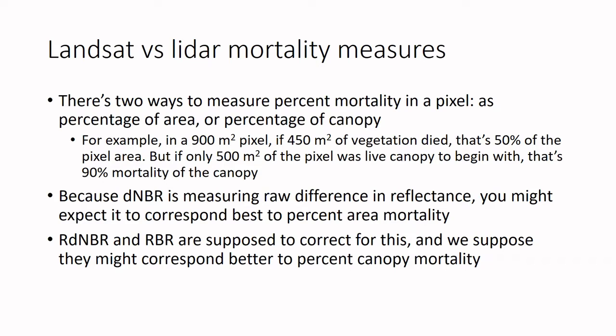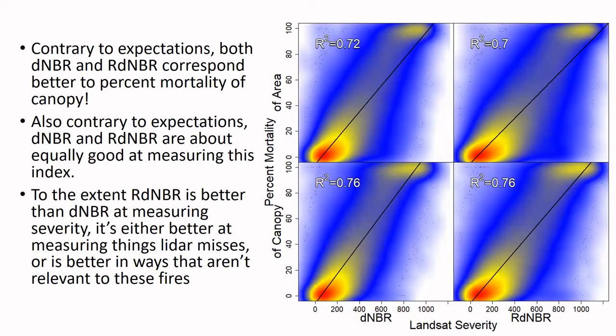So I did expect RDNBR to correlate better with that corrected form and for DNBR to have a mushier relationship in general. But that's not what I found at all. I found that both DNBR and RDNBR correlated better with the corrected version, the version where you exclude areas that weren't vegetation ahead of time. But they actually correlated with it equally well. So at least in this little corner of Southwest Oregon with these specific 4 fires, measuring only canopy overstory mortality, RDNBR doesn't seem to be performing any better than DNBR, which was a surprising result to me.